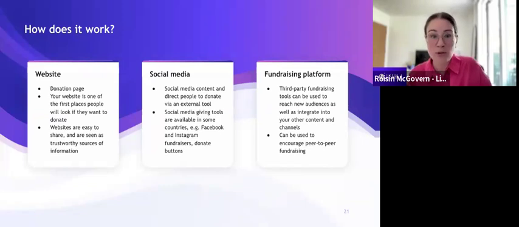We know that giving behaviors and attitudes can vary based on location and culture, and so can the tools that are available to you. So always think about your specific audiences and any barriers or challenges they might have, and use your audience knowledge to really choose the right tools and the right campaign mechanisms that are most likely to resonate with them and the ones they can access as well.